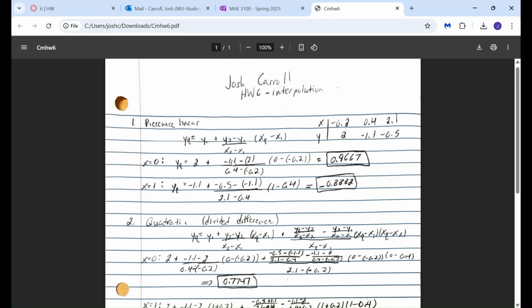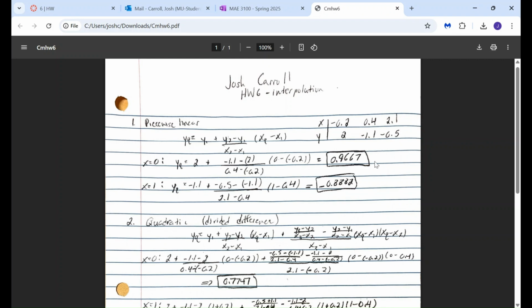And then we pretty much just wrote out the formula. y1, so negative 1.1, minus 2.4 minus negative 0.2 times our query value for x, which is 0, minus our x1, which is negative 0.2. We got this value. And then it's the same thing just with a different query value of 1. So the only thing that changed,